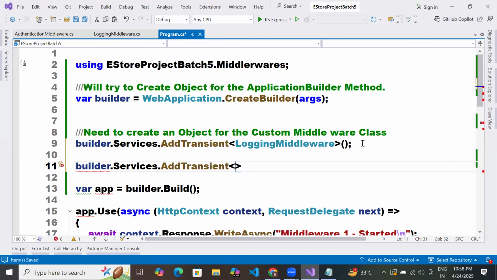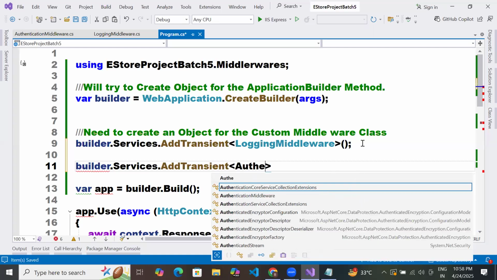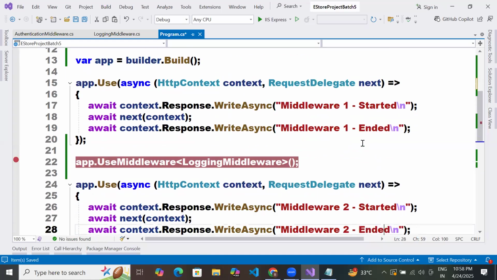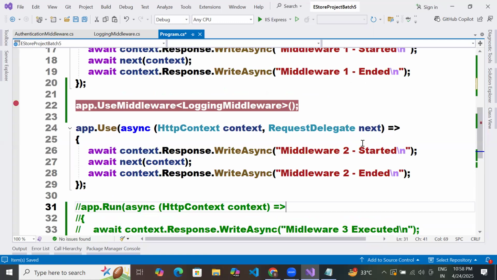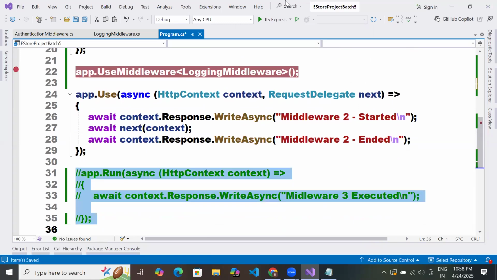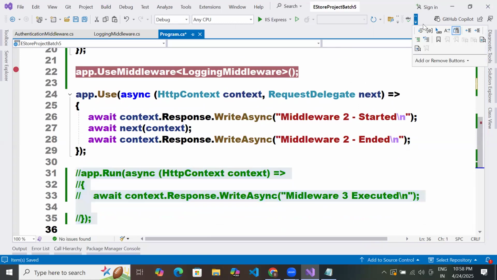Probably next week you will understand. You don't need to worry much. What is the class we have to name here? Authentication middleware. And then, I want to bring this app.run also so that I can see the entire flow properly. Okay. Now, coming back,